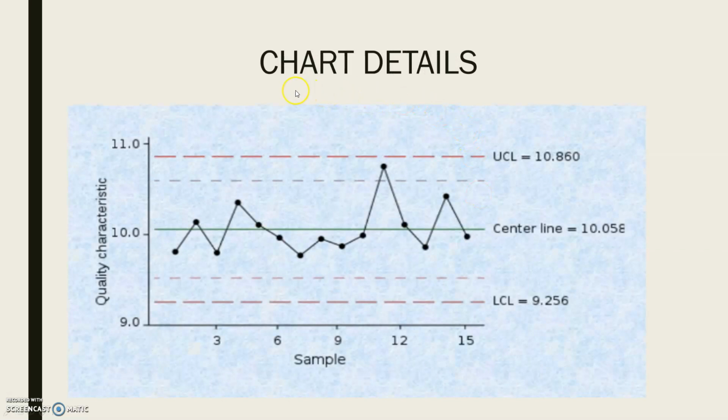This is an example for chart detail. For this chart detail, we know that the upper control limit or UCL is located at the top of graph, while